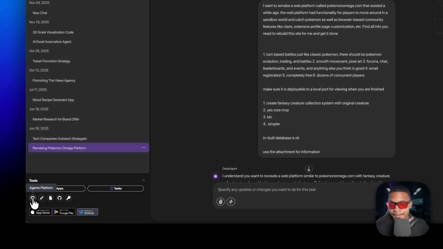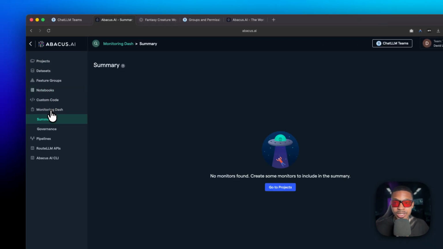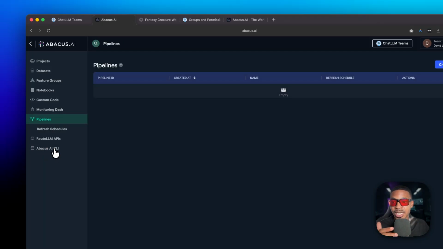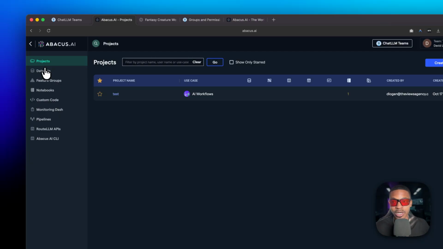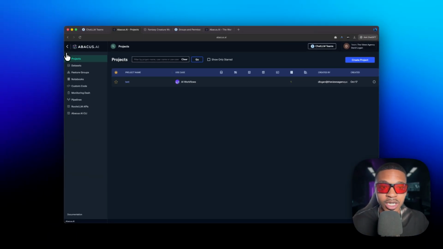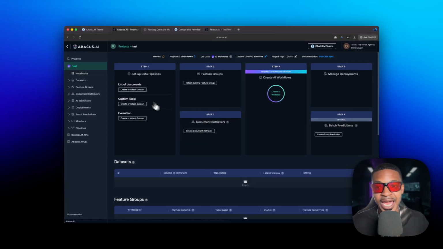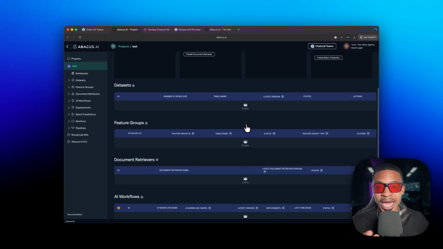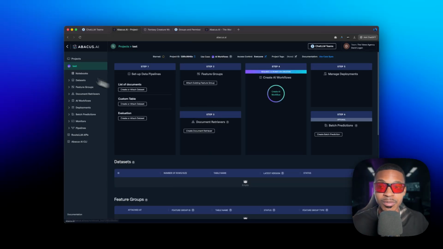In addition to that, you have the Agents platform, which is where the technicalities really get in. Okay. So custom code, notebooks, monitoring dash, pipelines, the CLI, API keys. This is kind of like the developer part of Abacus AI. So you don't really have to worry about this, but you can create workflows in here. So you can add documentation, you can add different data sets, and it will be able to perform data based